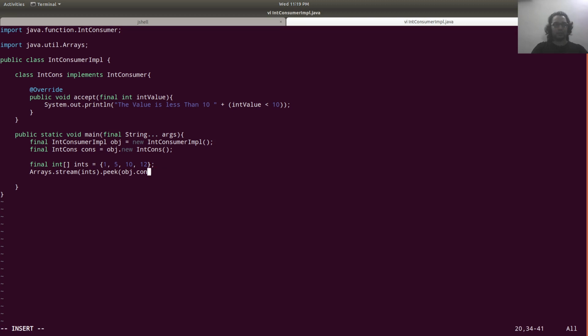I can say something like obj dot cons dot accept dot forEach. map, I will say x returns x multiplied by x dot forEach.